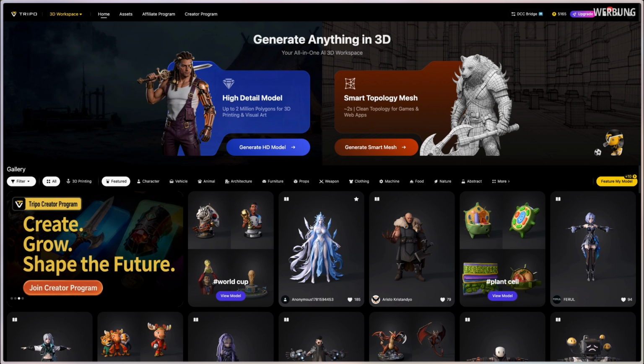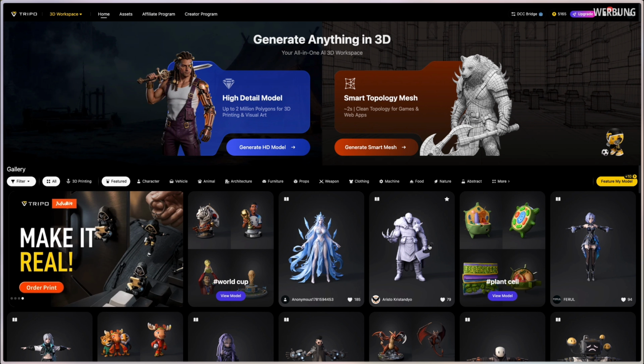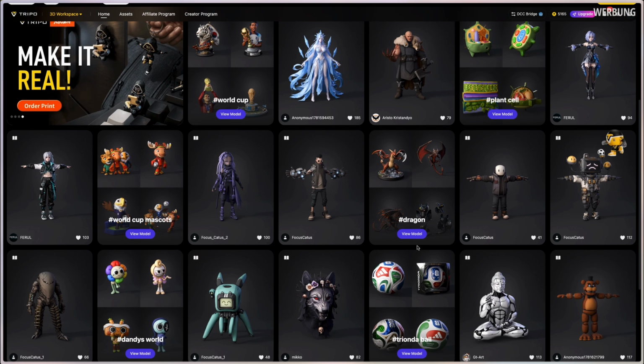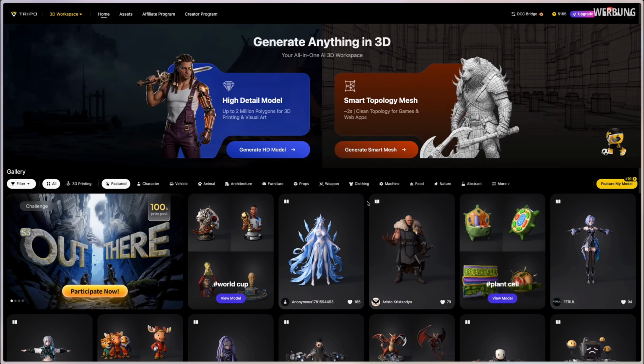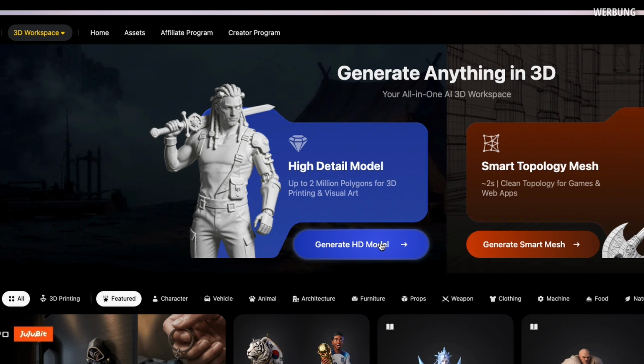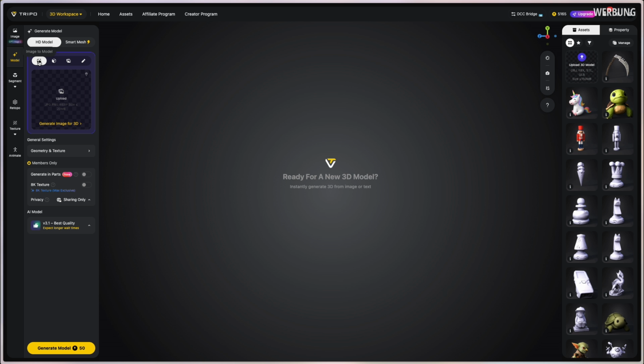Now let's put the theory into practice. This is Tripo Studio, the web app where everything happens. In the gallery, you can get some inspiration and see what other users have created. To generate models for 3D printing, we click on High Detail Model. In the top left corner, we can choose between Image to Model, Multi-View Images to 3D, Batch Images to 3D,